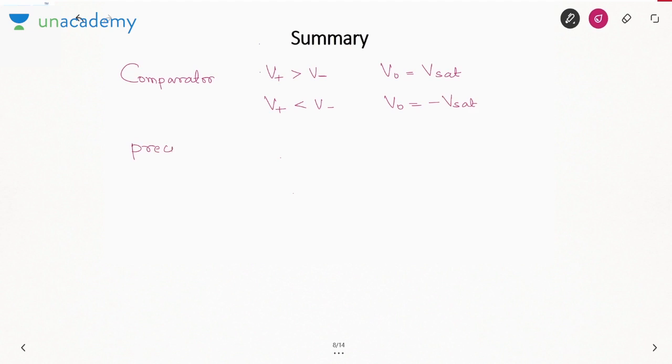Then we have seen the second circuit, precision diode. In this case, we saw that V gamma of the diode was becoming V gamma over 1 plus A, which is almost 0. Okay, so that is why it has 0 cut-in voltage, but in this case PIV was